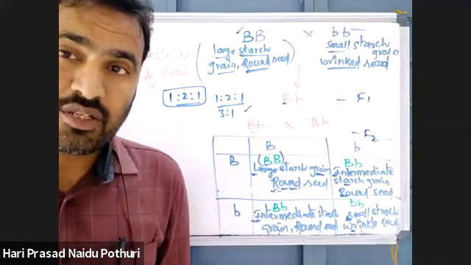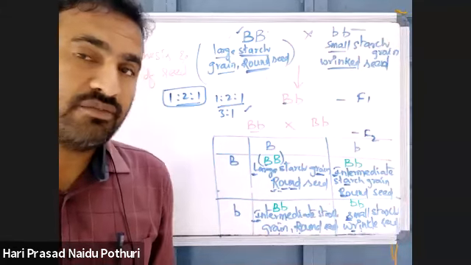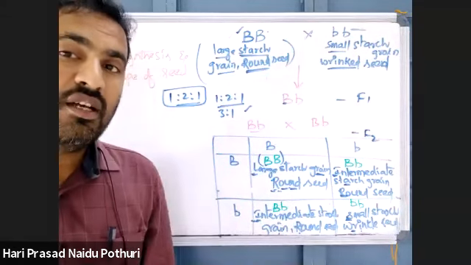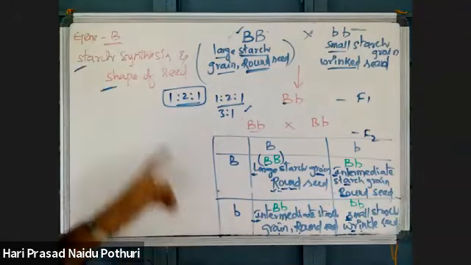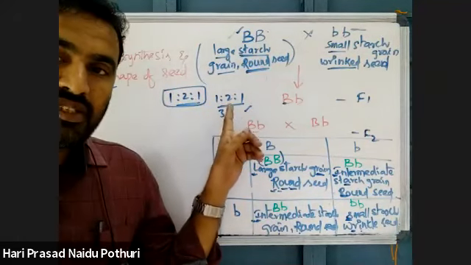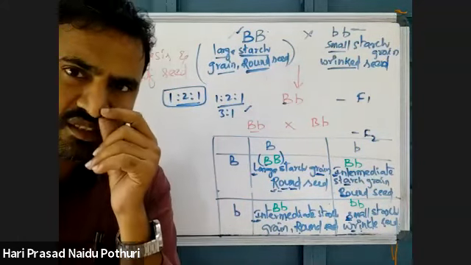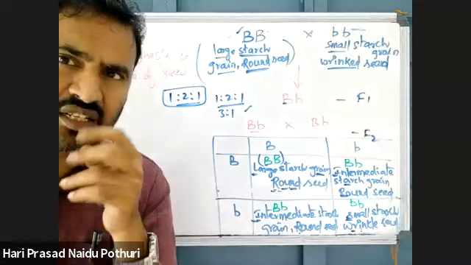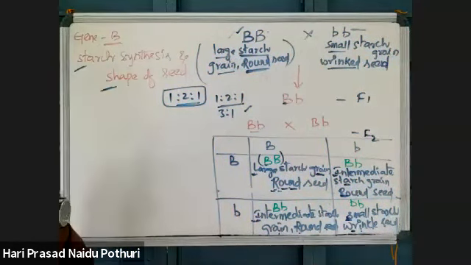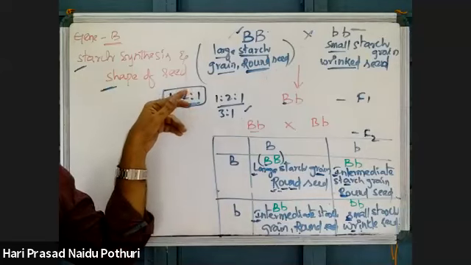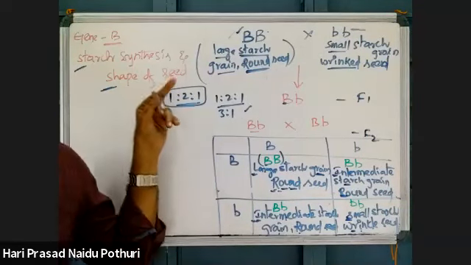See here, one person asked me, explain second point of that incomplete, this pleiotropy like that. Explain second point. You asked to explain. See here, I told you this pleiotropy is seed. Yeah, in F1 large starch grain and wrinkled seed is not possible. No. Wait, I will explain that also. Here you asked me explain pleiotropy.